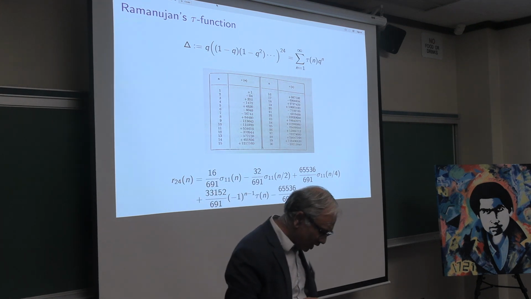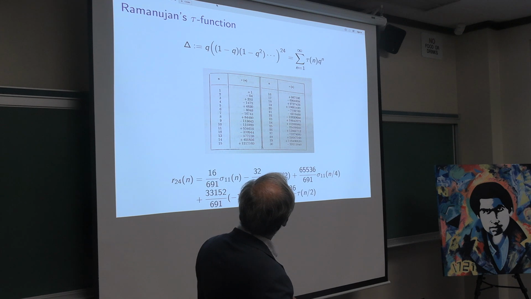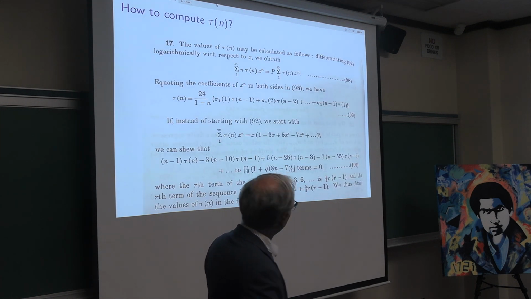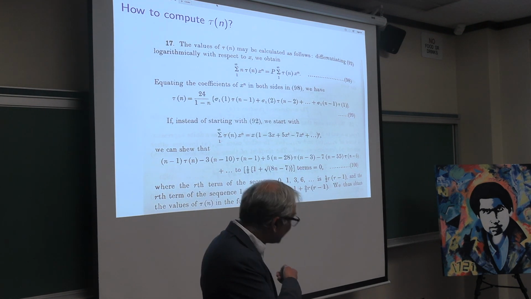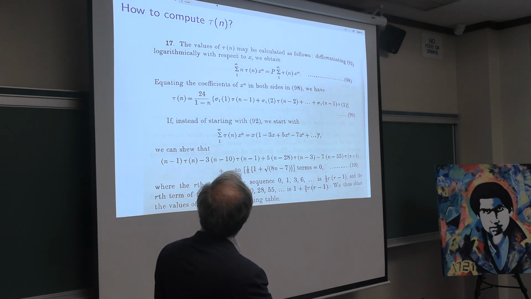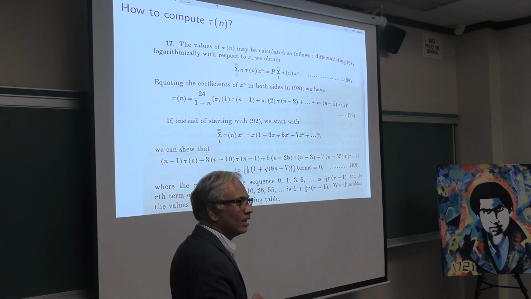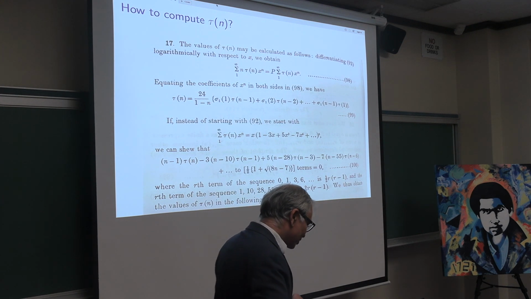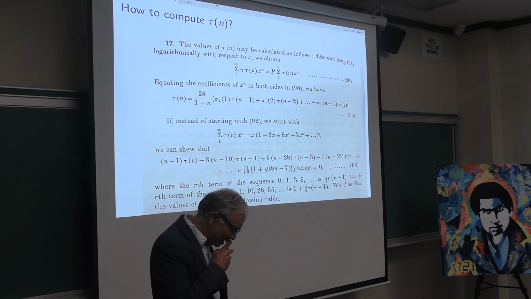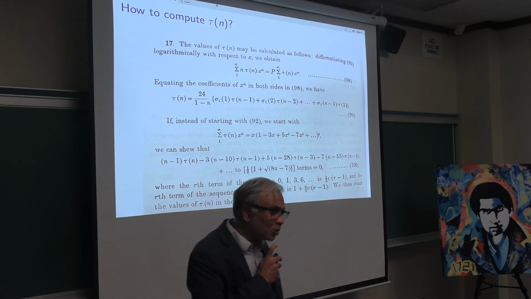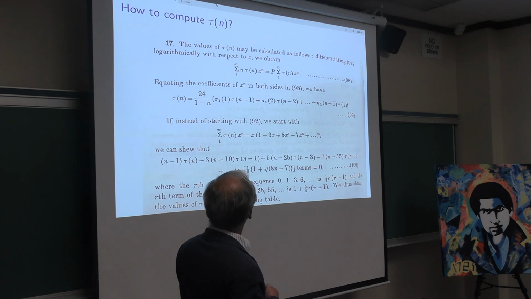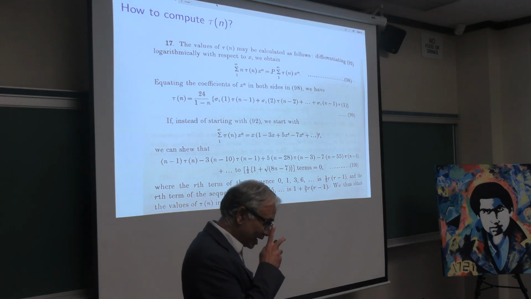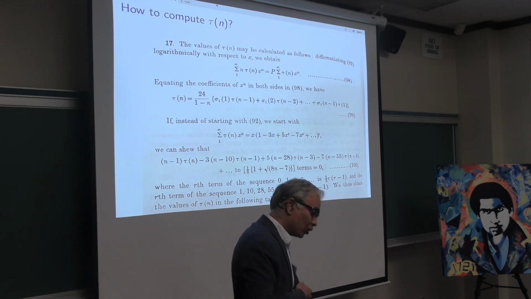I want to show you 2 things from this paper. One is, how did he compute these? And this will give you some understanding of the kind of things that he was interested in. So in this paper, he has a little section saying how he computed it. And I found this very amusing to read because sometime last year, I had to compute something quite similar. There's an exponential of a power series, and I want to compute what coefficient you get when you multiply it out. And I wrote a computer program to do that.